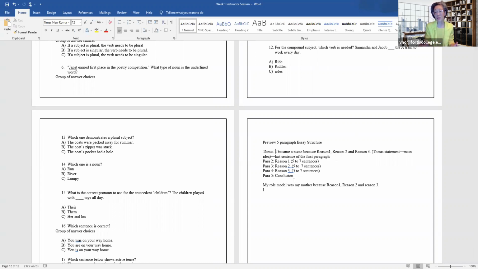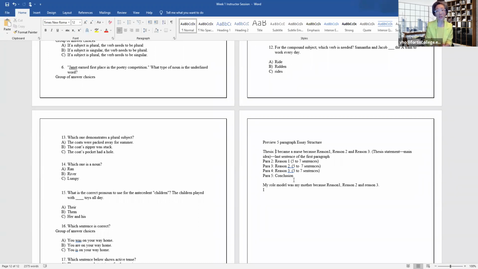And so you can either do this as your topic, or you can think of getting married was the turning point in my life because. Reason 1, reason 2, reason 3. Having my baby is the turning point of my life because reason, or some other topic. So that's what we're going to be working on. And so for your week 2 assignment, which I'm going to go over in more detail in the week 2 lecture next Wednesday, you're going to write an outline of that first essay of the turning point event in your life. And then this is the standby topic if you can't think of any turning points.